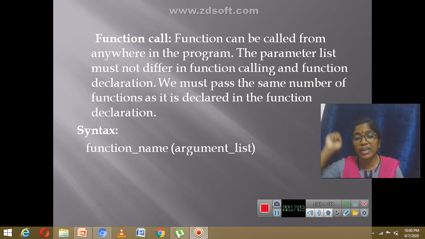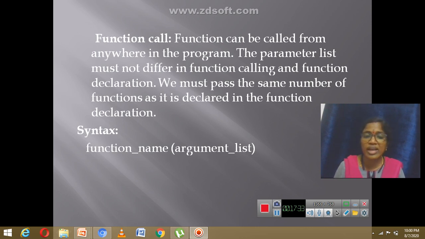Whatever you declare in the function declaration, you are telling the compiler that I am going to use this many parameters, and the parameters are of this type. Either I am using two integers, or two floats, or only one character, or three doubles. So in the function call, the number and type of parameters must not differ from the function declaration.